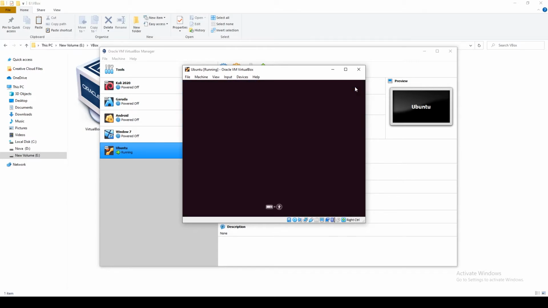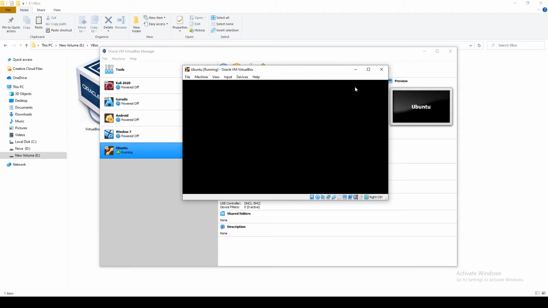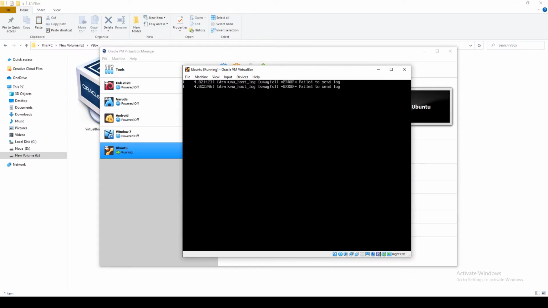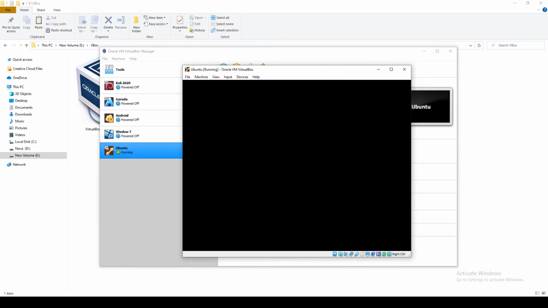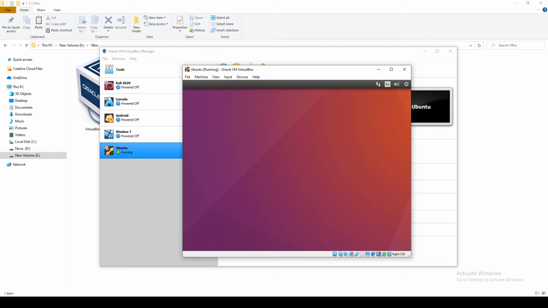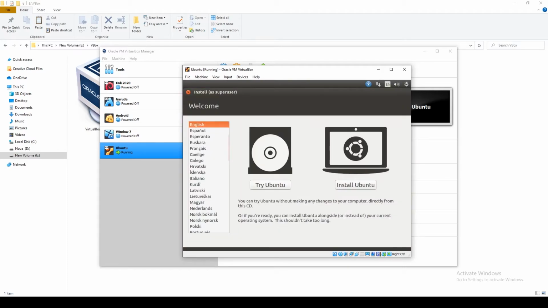So now the OS is booting. Now as you can see here, Ubuntu has started, but it is going to give you the option to try Ubuntu as live and to install Ubuntu.